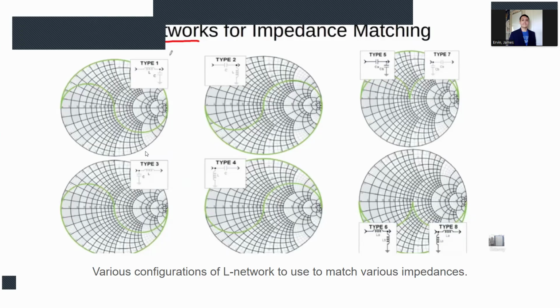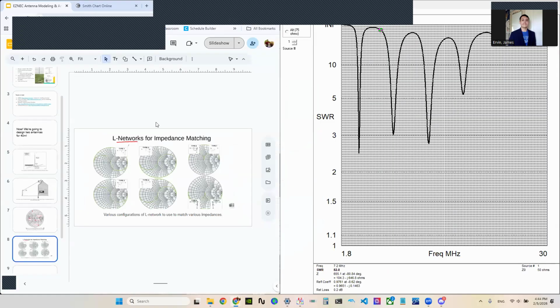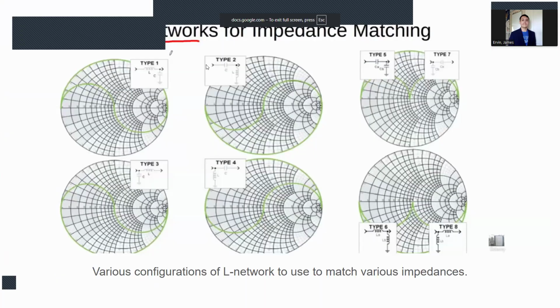So looks like right here that the series capacitance shunt inductance works pretty well for this application. It looks like our shunt capacitance series inductance would work somewhat well, but we'll just do the series capacitance shunt inductance. So what that's going to look like is, well, actually, if we go back here, you can see that